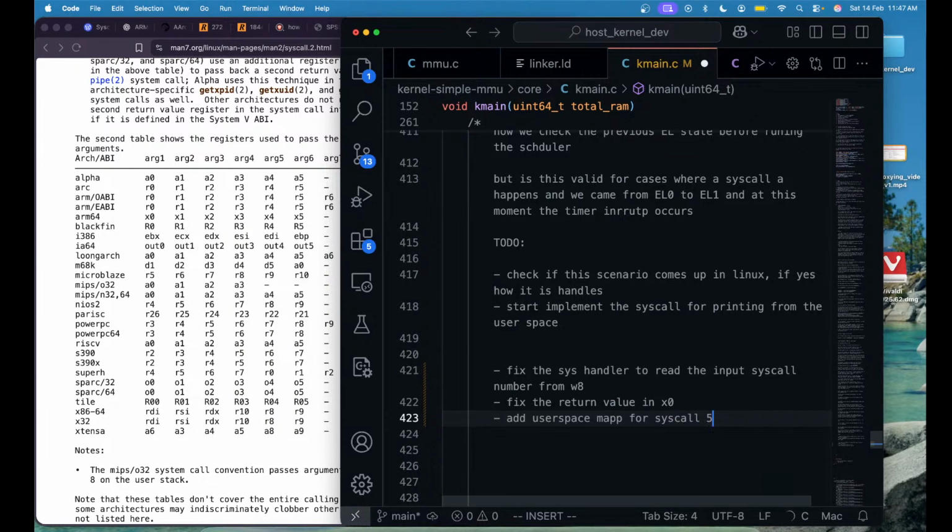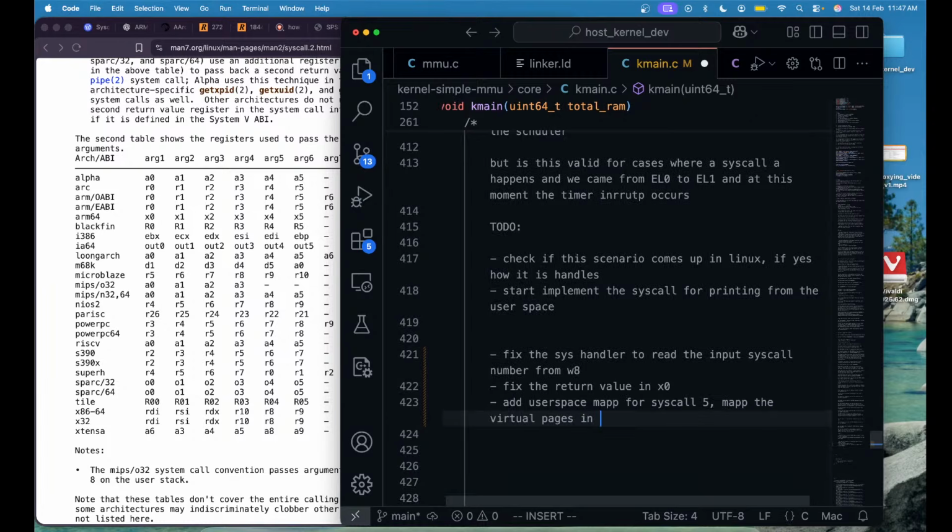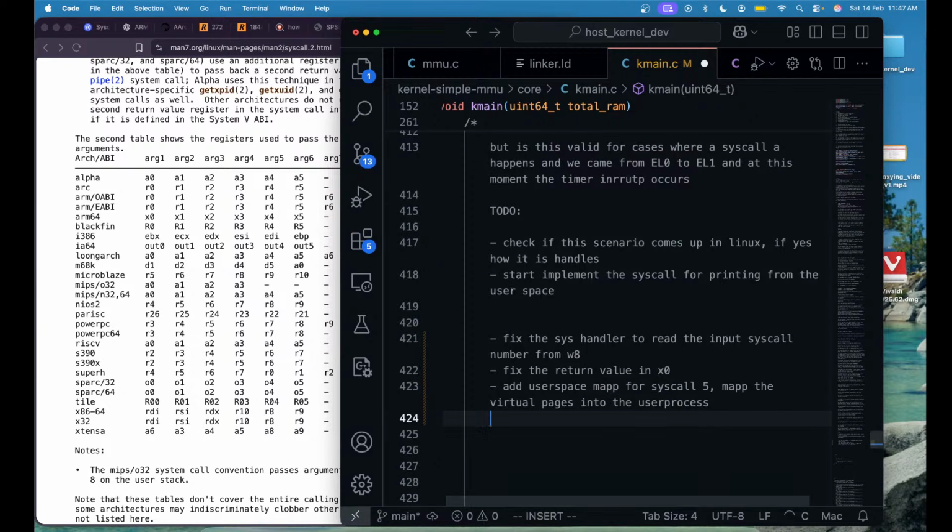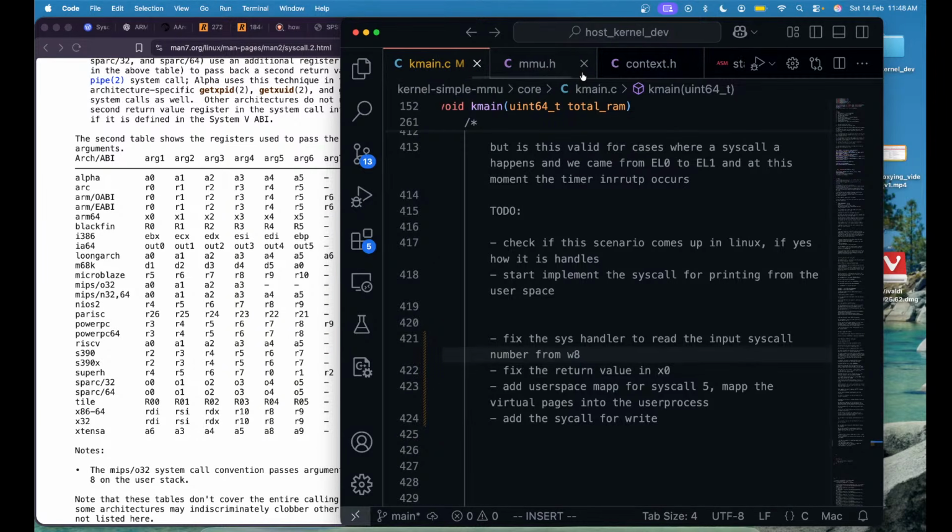5, map the virtual pages into the user process. This is what we need to do. And add the syscall for write. Okay, let's just start with this part, so it would be easy. This is called to read input from W8. We need to read from W8